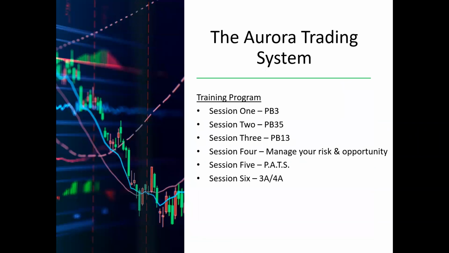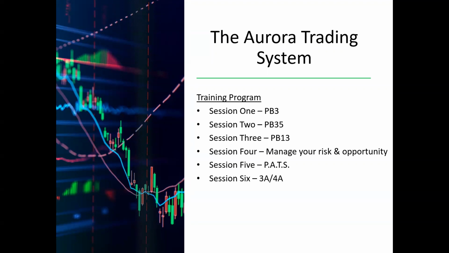In session 1 of the entire Aurora Trading System training program, you learned about the PB3 signal. Session 2, you learned about the PB35. Session 3, we taught you how to recognize trends with the PB13. Session 4, we discussed different ways to effectively manage your risk as well as the opportunity. And in session 5, we talked about PATS, which is the method for managing your day and not giving back profits that you've accumulated